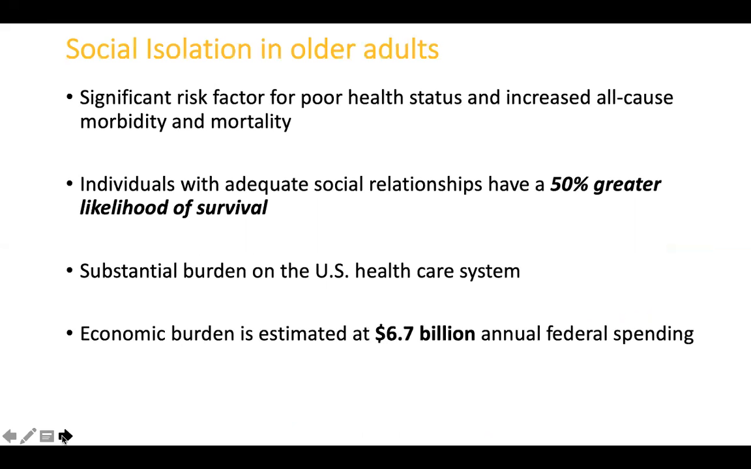There's enough evidence to suggest that social isolation is a significant risk factor for poor health status, and there's an increased all-cause morbidity and mortality. Evidence also suggests that individuals with adequate social relationships have about 50% greater likelihood of survival. There's a substantial burden of social isolation to the US healthcare system with increased emergency visits and delayed discharges. The economic burden is equally well documented, with an estimated burden of about 6.7 billion in annual federal spending